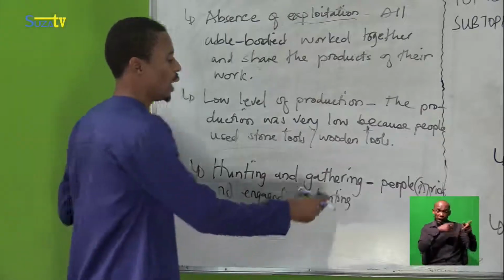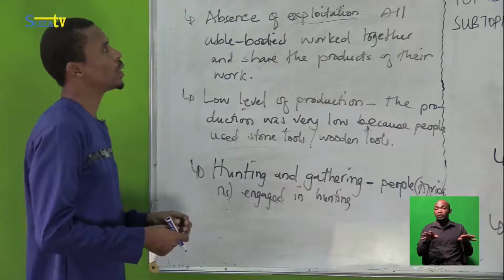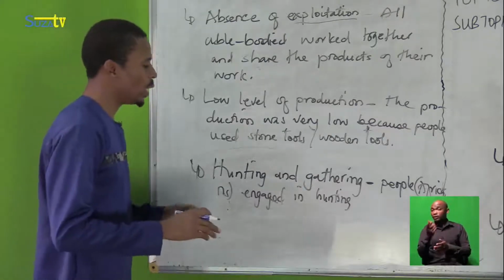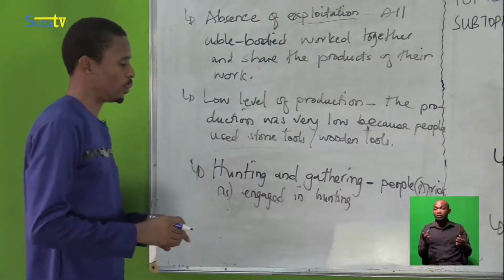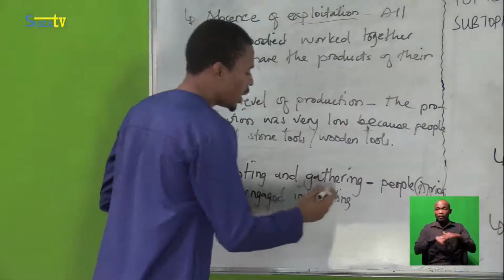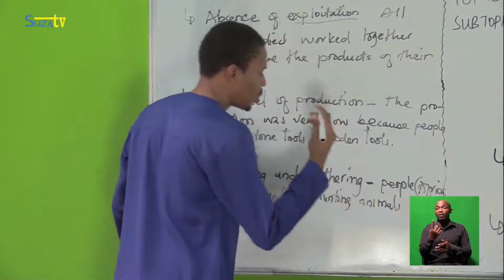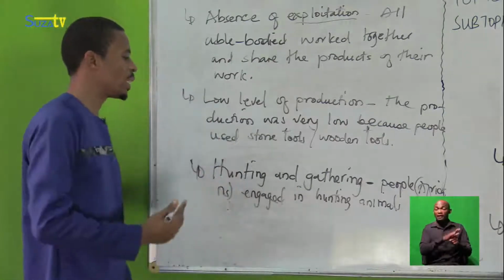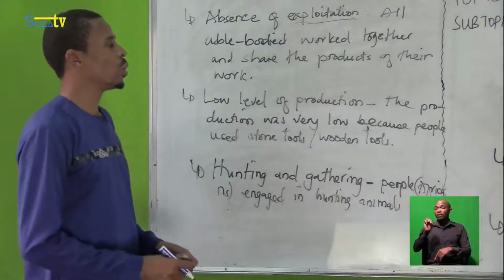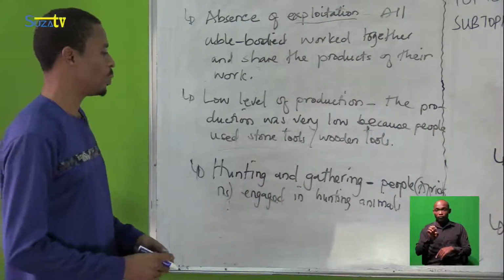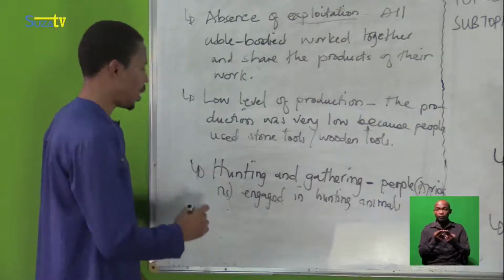And what was collected from hunting was also distributed or shared equally. As we have said, there was no exploitation. They engaged in hunting animals. This was one of the major economic activities performed by Africans in primitive communalism. So, also,